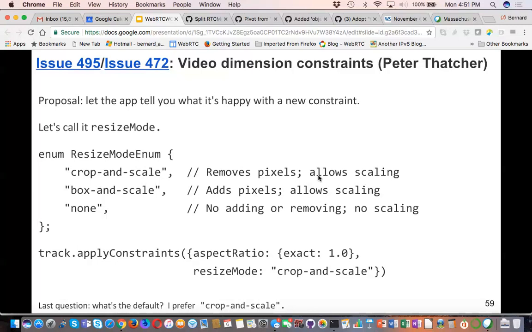I suppose for it to be a constrainable property, I thought you meant when you applied constraints, even if I didn't specify it, when I do getSettings, I might learn, for instance, whether this is a downscale mode or not. What is the setting that's been chosen by the browser as a result of all this?